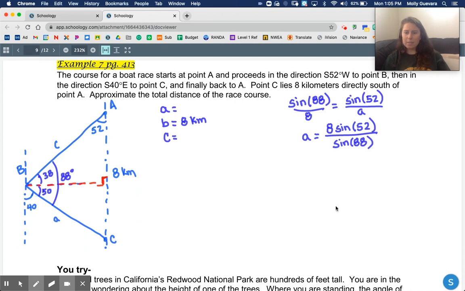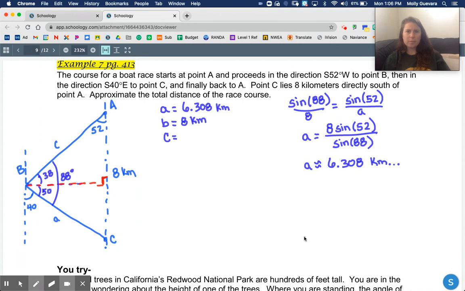And then that's something that I can enter into my calculator and check your work to make sure you're entering it correctly. I should get about 6.308 kilometers-ish. Okay, so there's A, 6.308